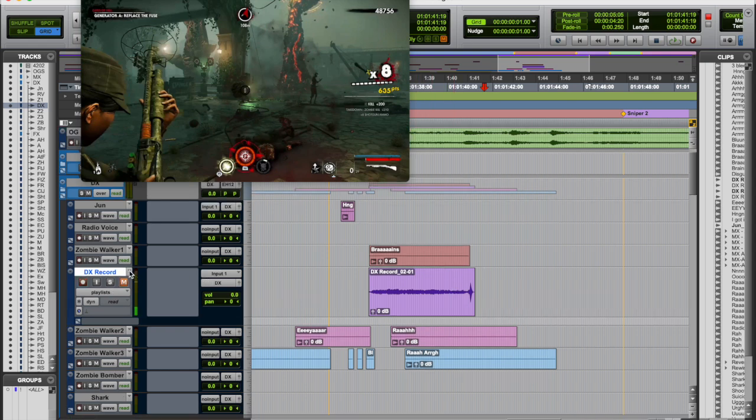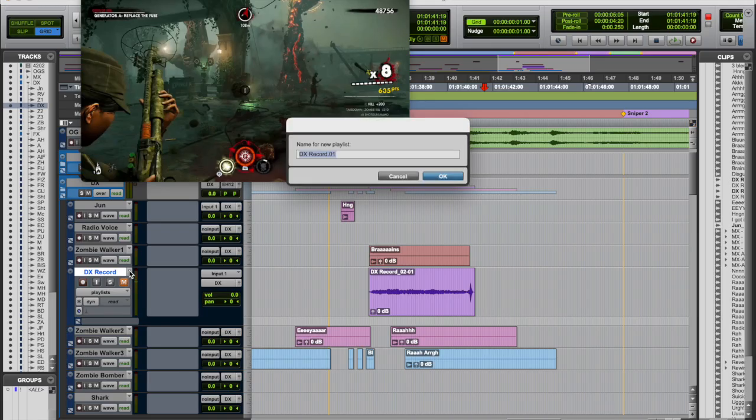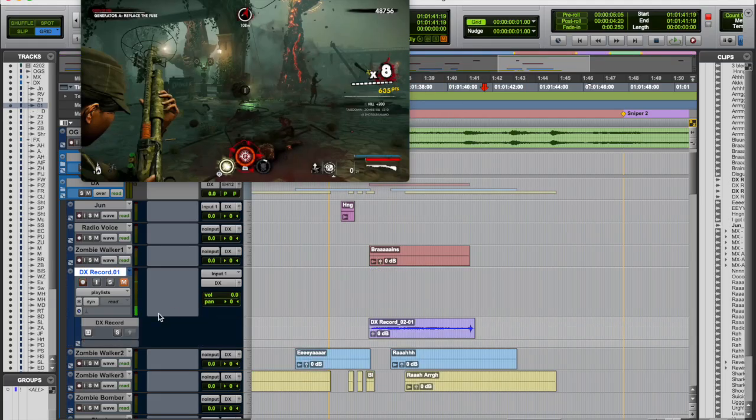So I can go Control /, which on a laptop is a little less useful. There we go. Control /, because I've named a track. It's basically a quick way to click on that menu and go new playlist. So this is take 01. So playlist 01. So now I'm ready to go. If I press record,